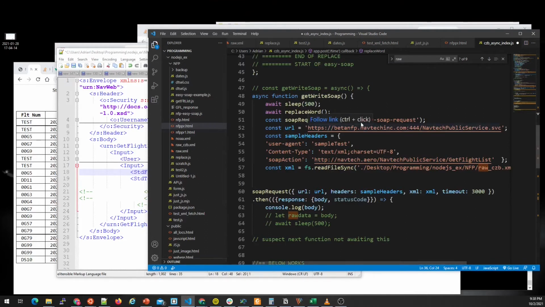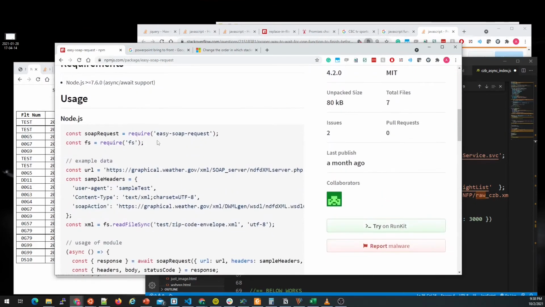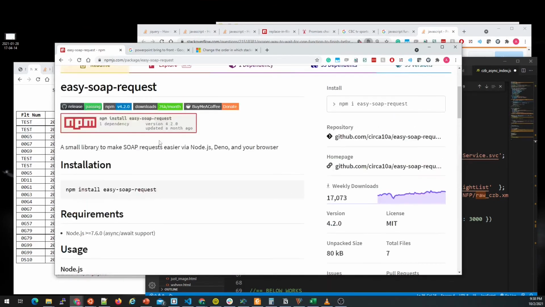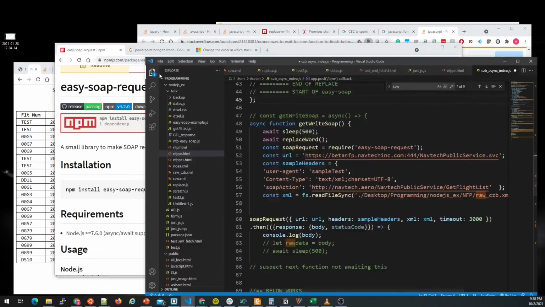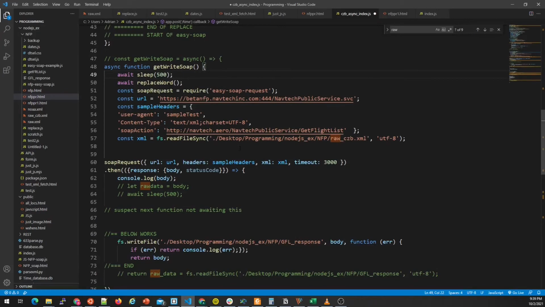request. I'm using easy SOAP request. You can actually find that on the npmjs.com site and read about it here. Usage, etc., etc., examples. So I'm using that one. So let's come back to here and